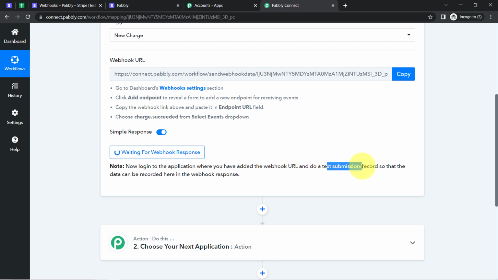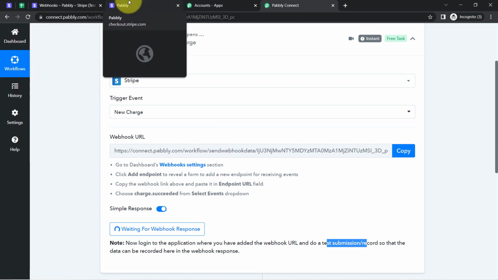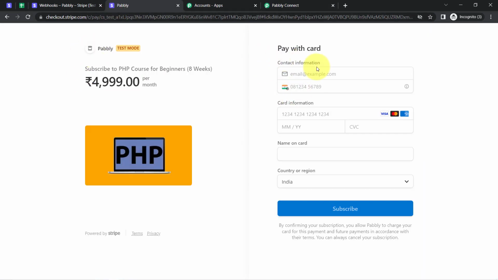So here the test submission means making a new payment so that we can capture the details here, so that we can test whether the details are automatically getting captured into Pabbly Connect or not. Well, I have already opened a checkout page, and here I'm going to make a dummy payment with dummy details only. So assume that the customer's email address is